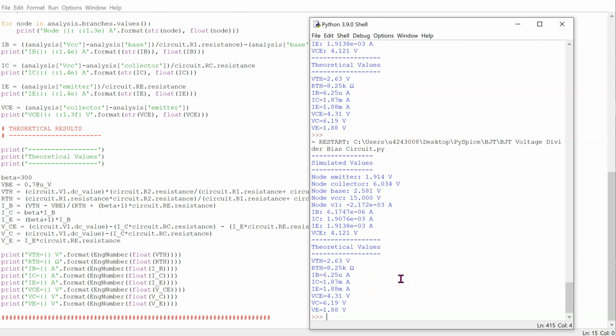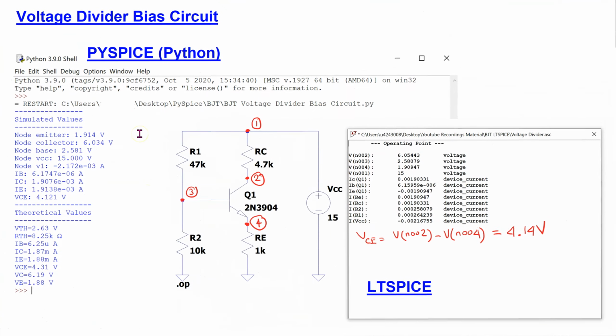Let's analyze these in more detail. The Python simulation and theory results for the voltage divider bias circuit are shown here. For comparison, the LTSpice simulation results for the same circuit are also shown here. All the results are in close but not exact agreement, which is to be expected.